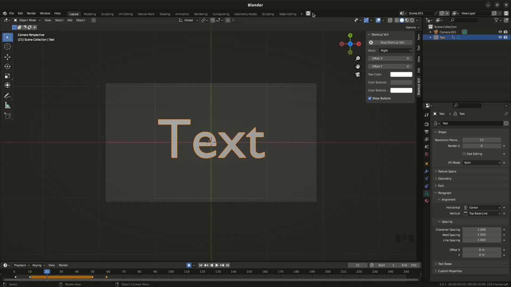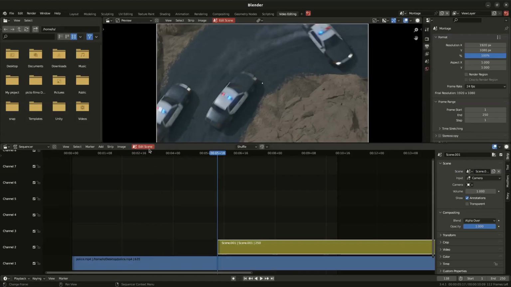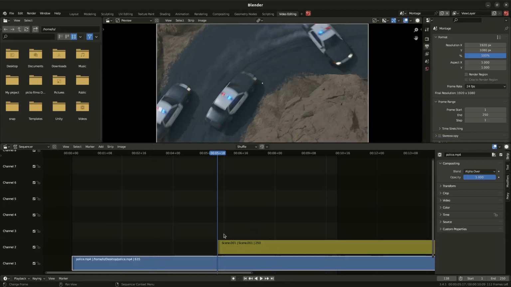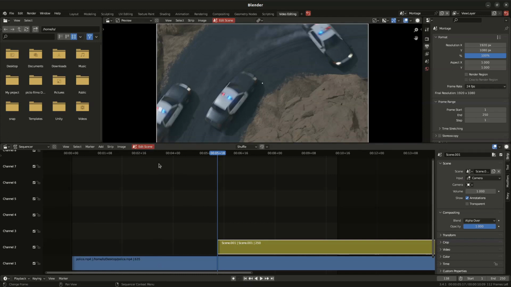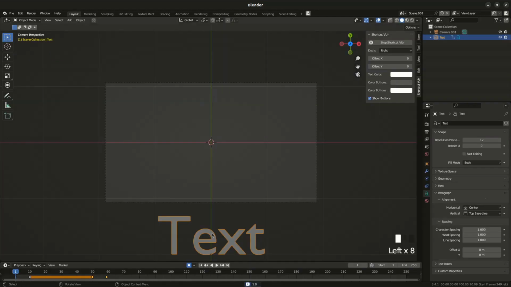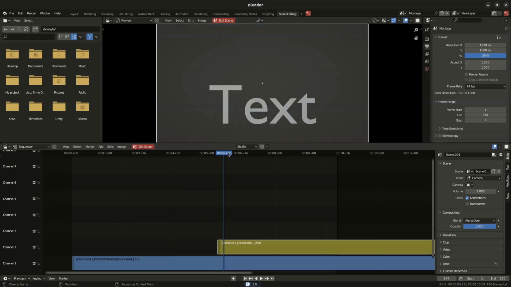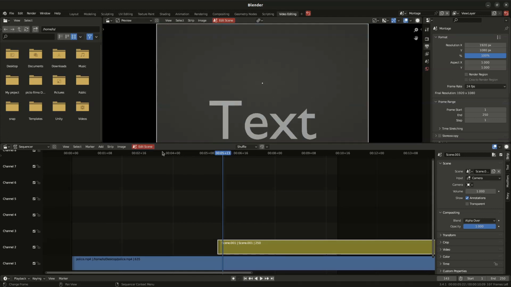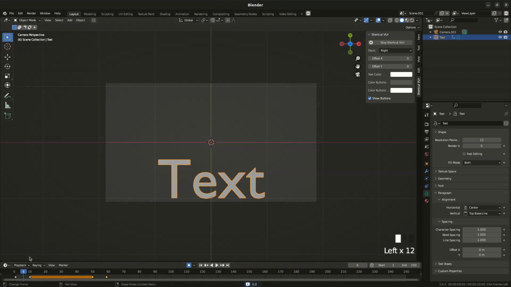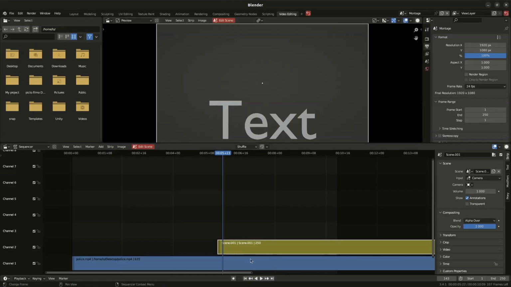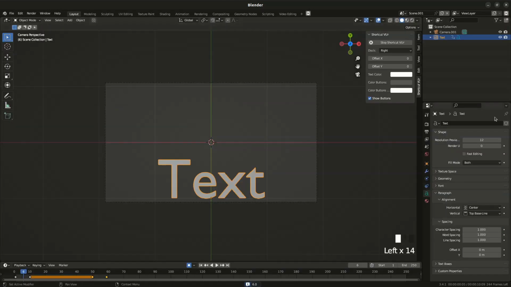So you can go back to the scene from here to here. It uses the selected scene. If you select a scene, you are able to go in it at the timing you want. So imagine you want to be here at the timing, and you go here and you are at the same timing. It's pretty useful. So for the transparency, you can see there's no transparency, so you have to add it